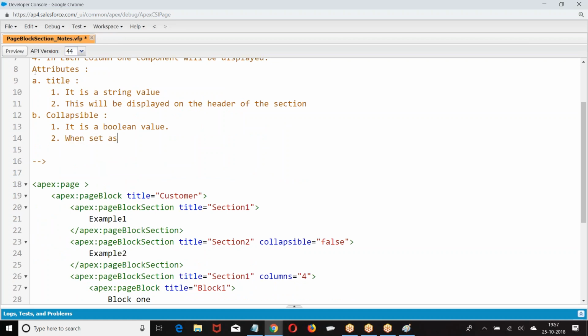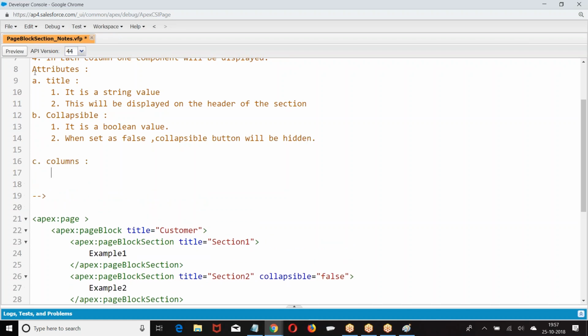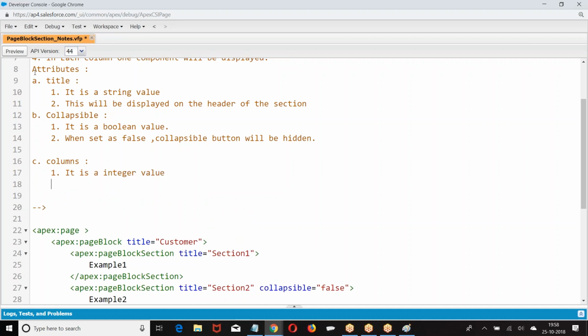When set as true, collapsible section. Then we have columns. It is integer value. This will specify